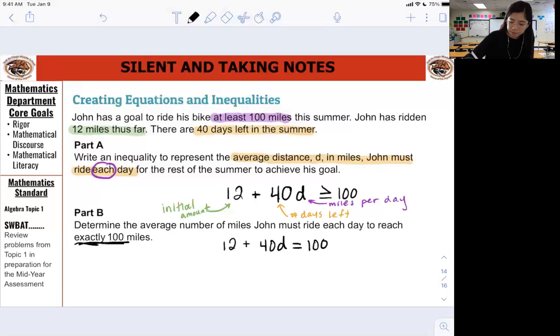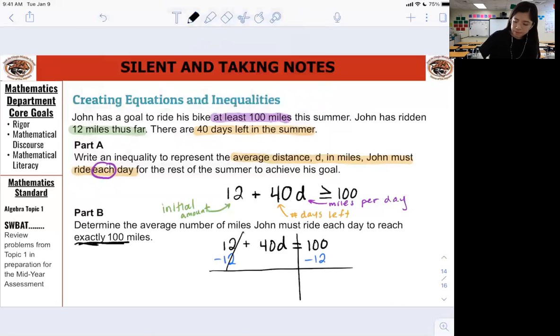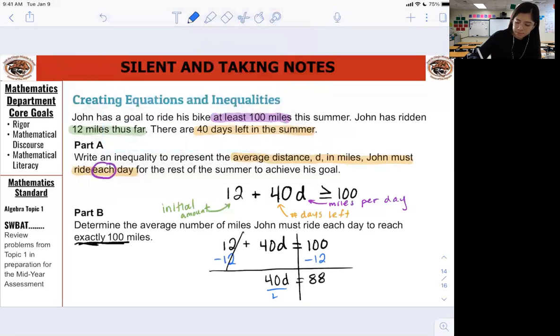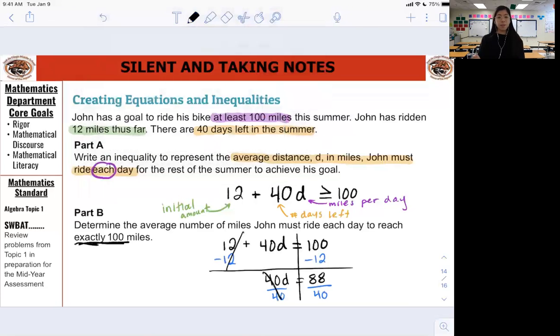And now we're going to quickly solve for D. What should I do first? Negative 12. What's 100 minus 12? 88. And 88 divided by 40? 2.2. So here's an example of, do we want this to be a fraction or a decimal if I'm talking about